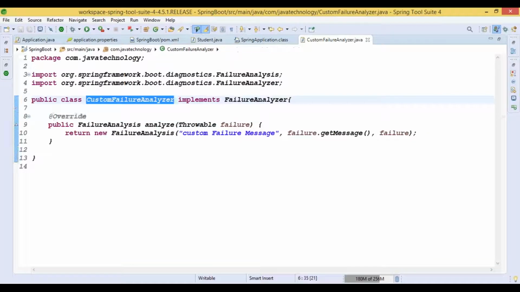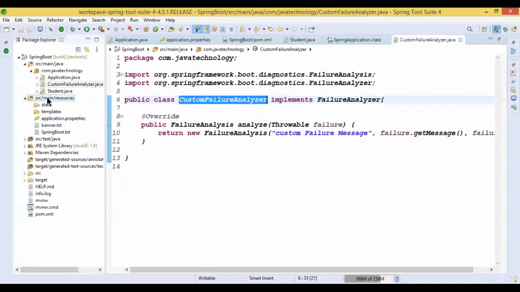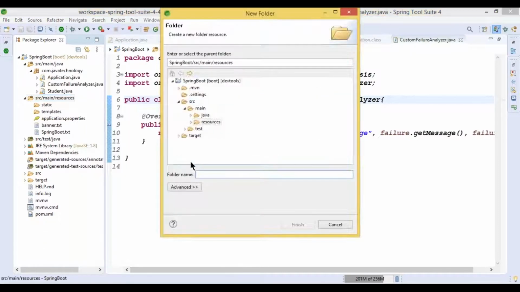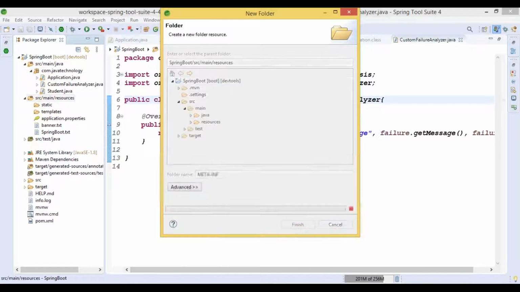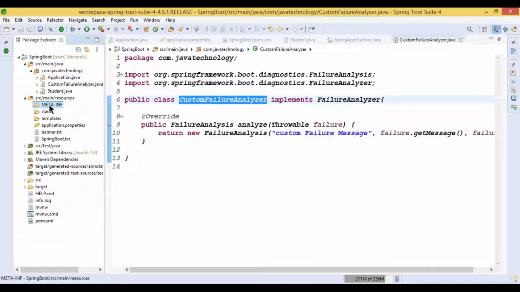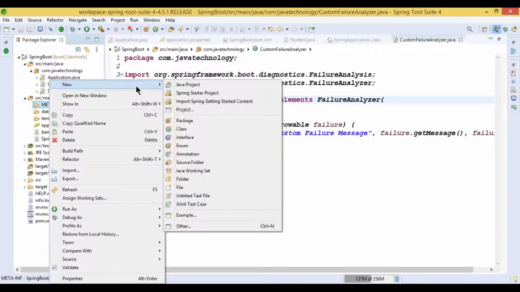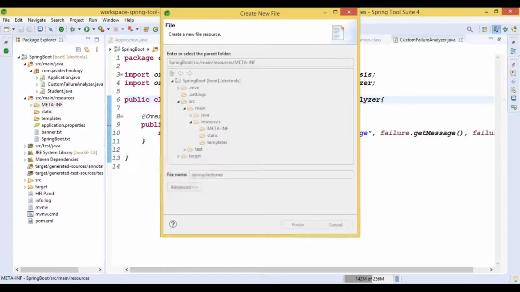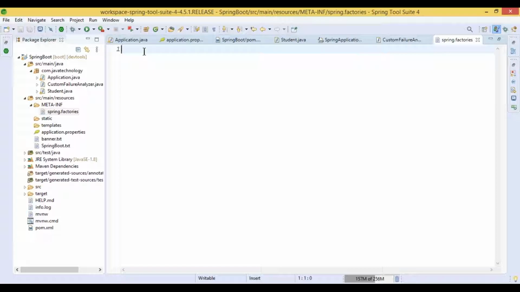Custom failure analyzer. Now we need to provide some configuration for this class. Okay, we don't have a configuration, so let me create one more folder here. The name of the folder is META-INF, and inside the META-INF we need a file called spring.factories. This is the file we need to configure, and here we provide our custom failure analyzer class related information. Spring Boot provides one tag here,